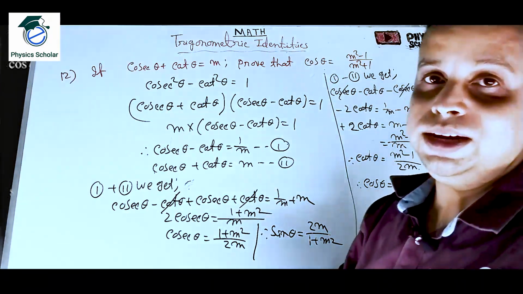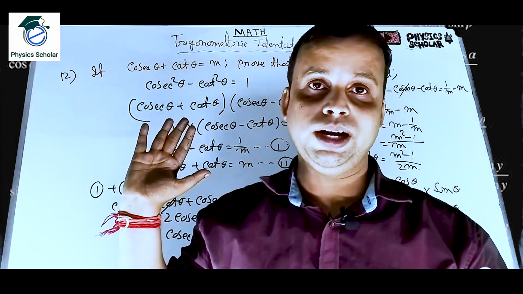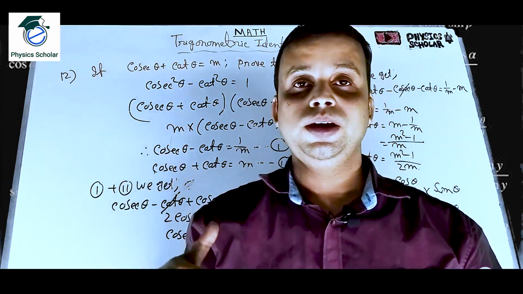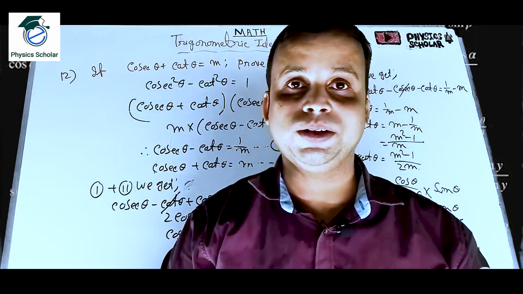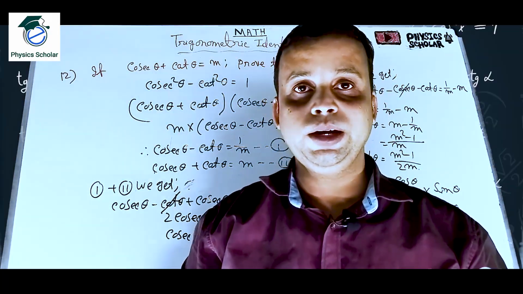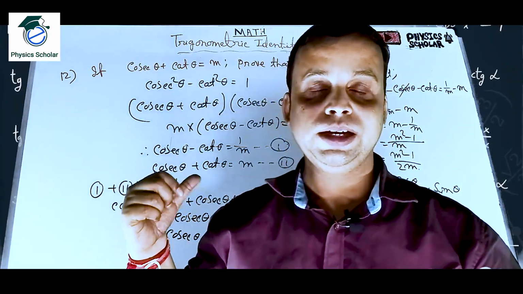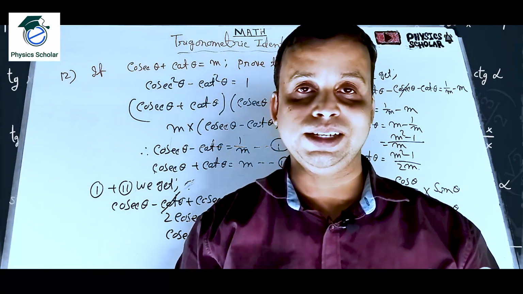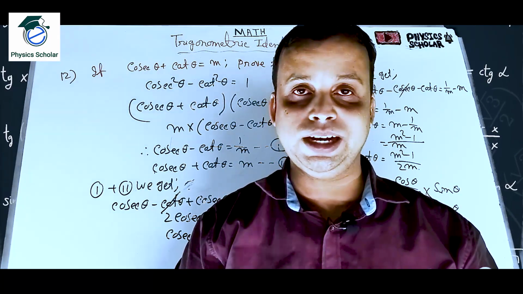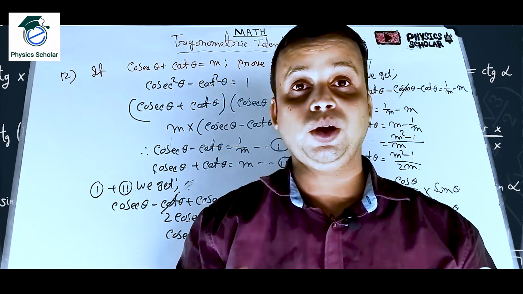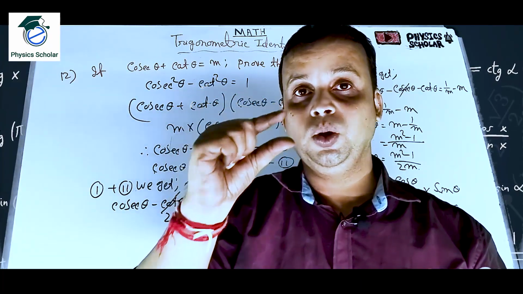Clear? So students, the trigonometric identities portion we completed today. So I hope all these sums which you have done will help you a lot to appear in the board exam and to clear your concept in trigonometric portions. So in my next episode on mathematics, we will start height and distance. Okay, the angle of elevation. Okay, and angle of depression. Clear? So that we will do, and also we have to use the value of the known angles.